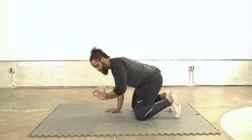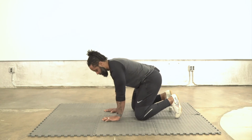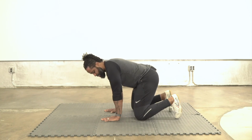So you're just going to pretend that you had a little meter that was running up from 0 all the way up to 100, like a thermometer. We're going to slowly ramp up over time. The next 10 seconds or so, we're at 50%, 60%, 70%, ramping up to your greatest, safest effort, with an emphasis on safest. And then in 3, 2, 1, we're not going to change the position of where we're at,